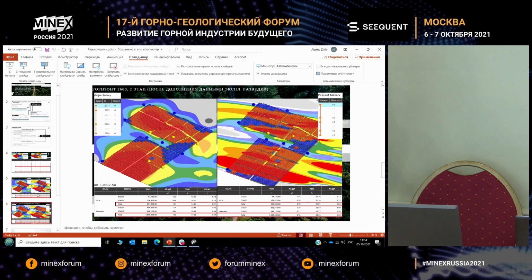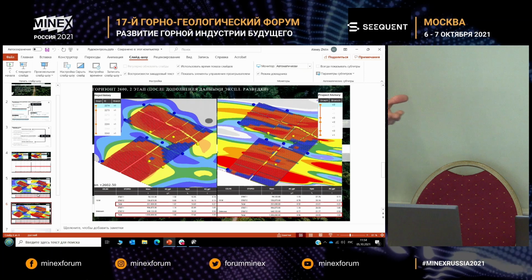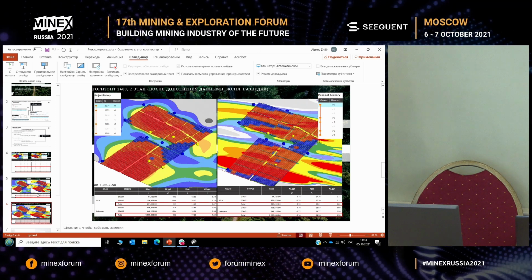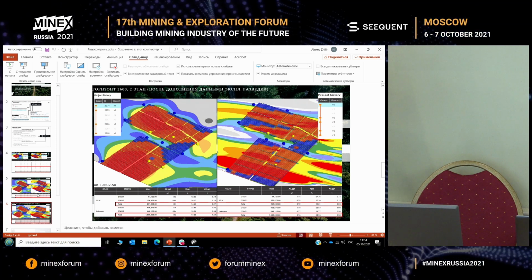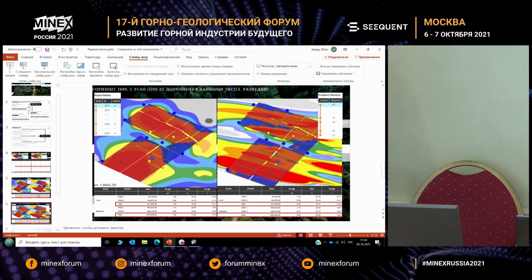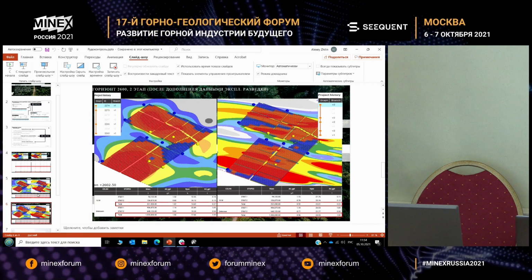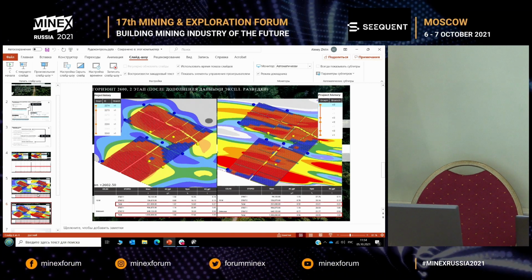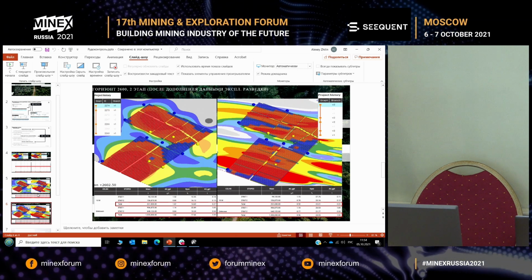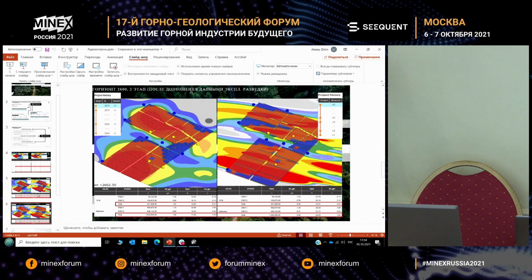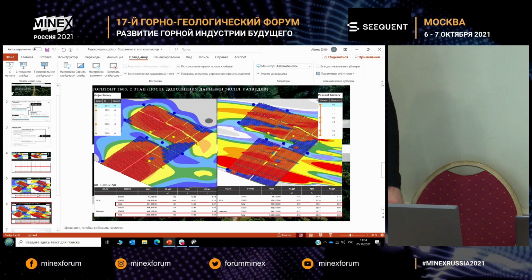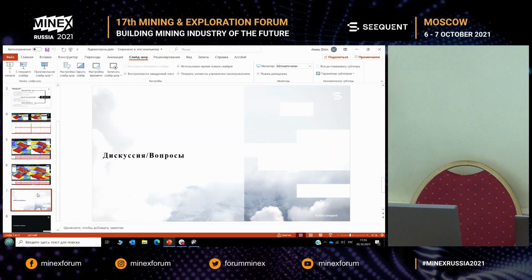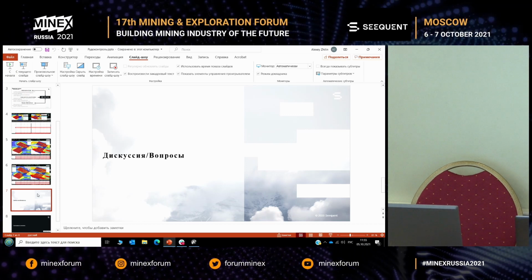So for each of the projects, if it's an exploration project, then exploration data will be incorporated. If it's a geological project, then we can incorporate data that we receive from geologists, respectively. And as it's a mining project, we have this two-stage mining project with the same set of outcomes or production output. Then we can go with a different scenario for mining, and it will give us this very actual interaction scenario for the operations of the three departments or services concerned.